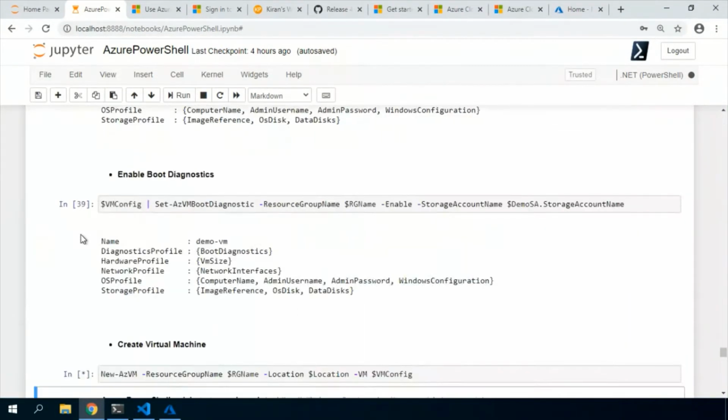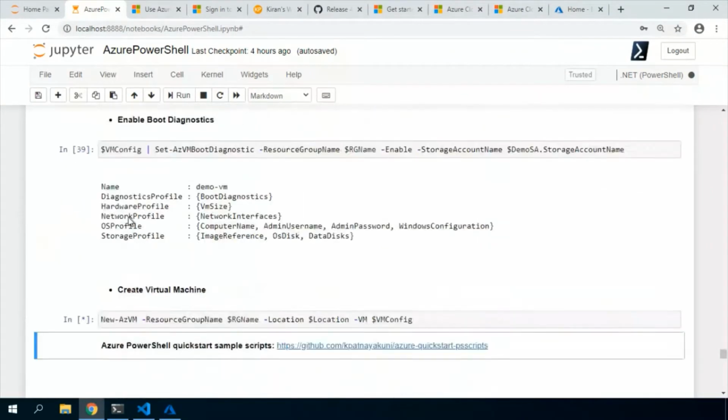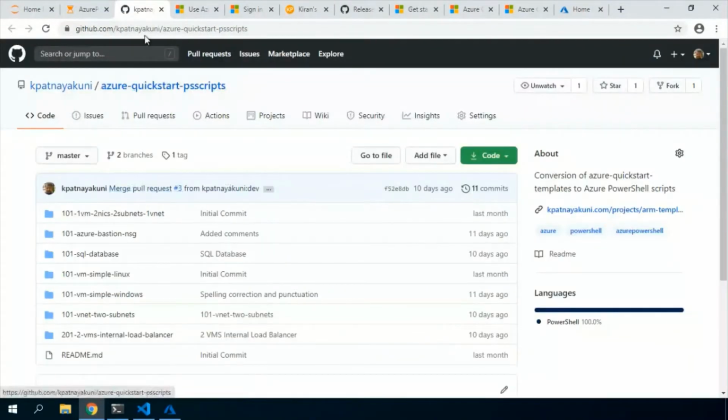The other thing: I have recently started converting all the Azure ARM templates into PowerShell. This is my repository. I have a couple of friends in my team, Anisha and Viresh, and with their help we are converting all the ARM templates into PowerShell scripts.